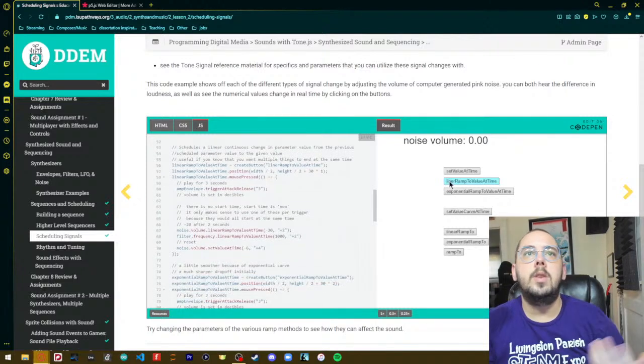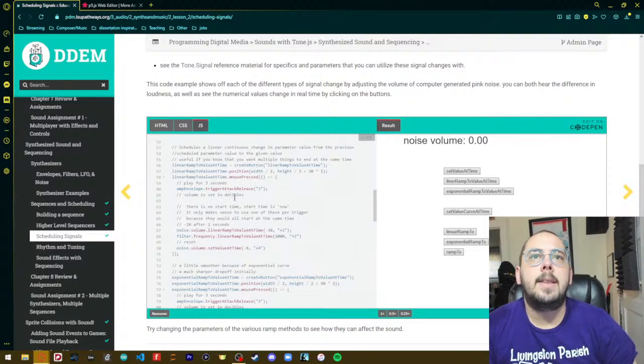Here. So what this will do is make the synthesizer make a noise, and then here we have noise, the name of our synthesizer, dot volume, the property we want, and then the linear ramp to value at time. So we're going to, in this case, ramp to the value of -30 to get to that at 2 seconds in the future. So we should get, so that's ramping the volume